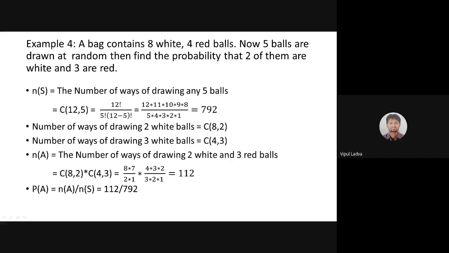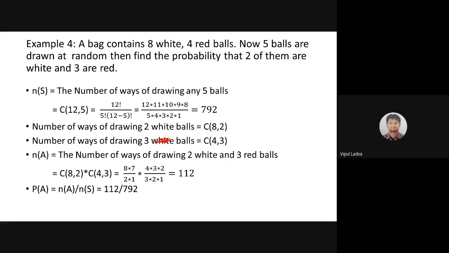Okay. Sorry, Aditya, I was not there to listen to you. I was just locking my door because there was some disturbance from my side. So I had not listened to what you had said. Can you repeat it for me? Yes, sir. Like there is written number of ways of drawing 3 white balls, but I think it should be number of ways of drawing 3 red balls. Okay, yes. It is mentioned in the question. It is a small typing mistake over here. Yes. It should be red, is it?